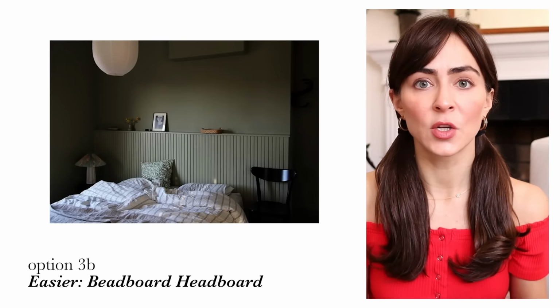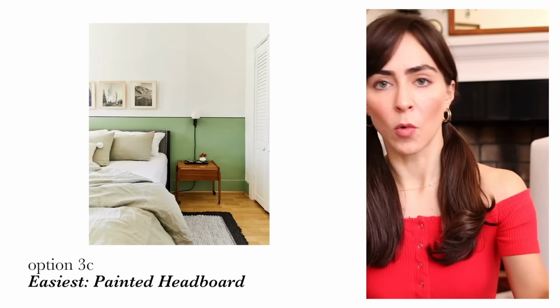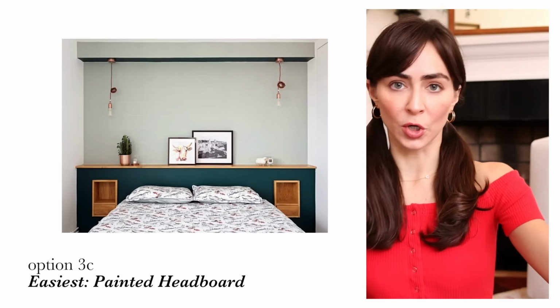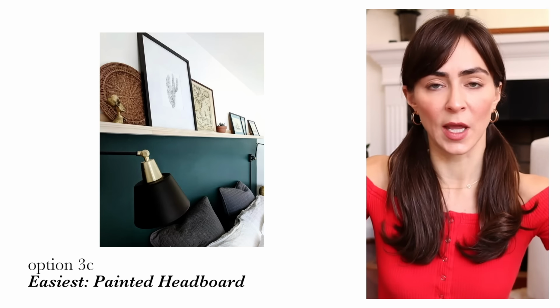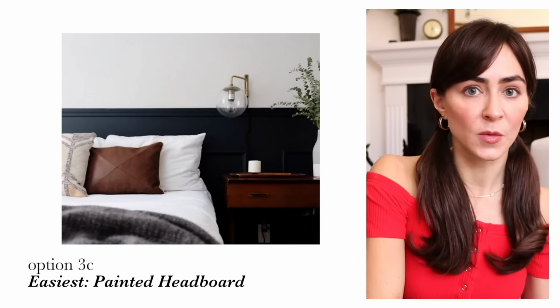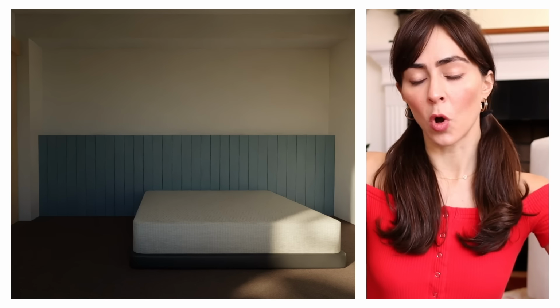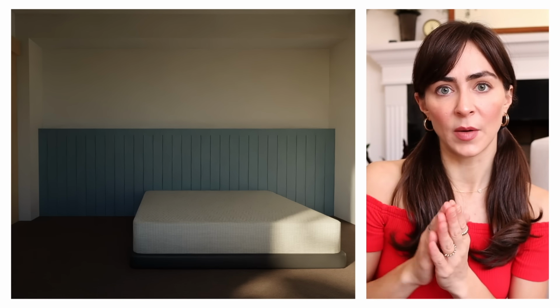The lightest way to make the illusion and visual effect of a wall-to-wall headboard is by just painting it on the wall. Just do it in paint. Do a border strip on the top or a little 1x2 inch picture ledge shelf on the top, and then just paint beneath it. Paint it and the picture ledge the same color. So we're gonna top the wall-to-wall headboard with a picture ledge,